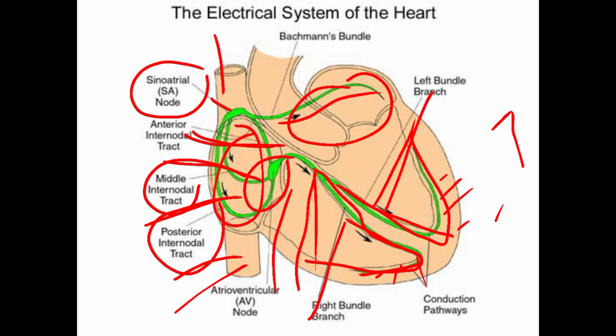Now small branches arise, called Purkinje fibers. Purkinje is not written here, so it's not showing. The Purkinje fibers are like this. These Purkinje fibers conduct the impulses to the deep part of the ventricular muscle fiber, exciting the deep part of the ventricular muscle. Understood? So this is the conducting system.